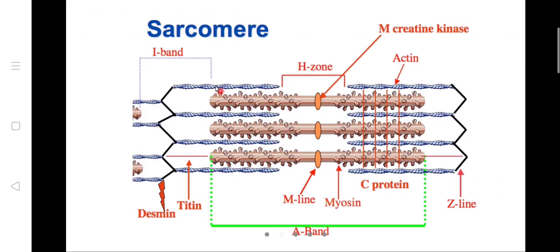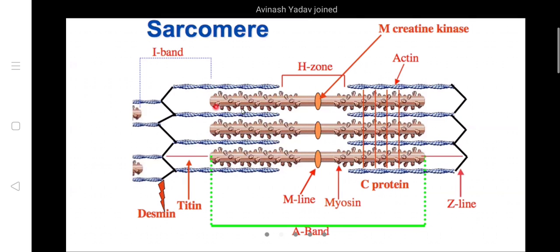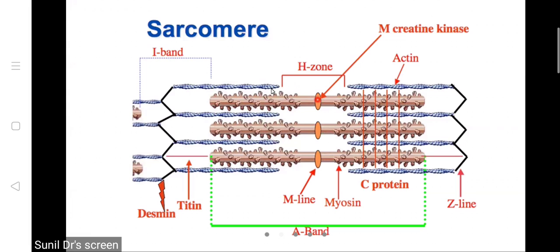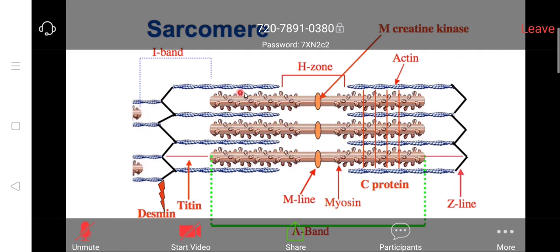So this will go and bind to the myosin binding site on the actin molecule. This will come and bind. Like this, you have many actin and myosin. This is like a two-dimensional view, but you have to imagine a three-dimensional view where you have many actins and myosins, and these heads are going and attaching. So this will go and attach and pull this actin this way. This will attach like that.